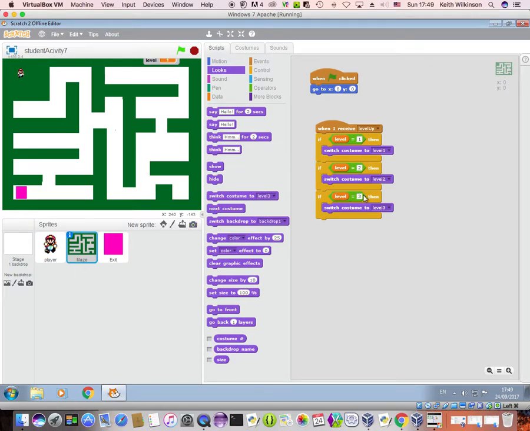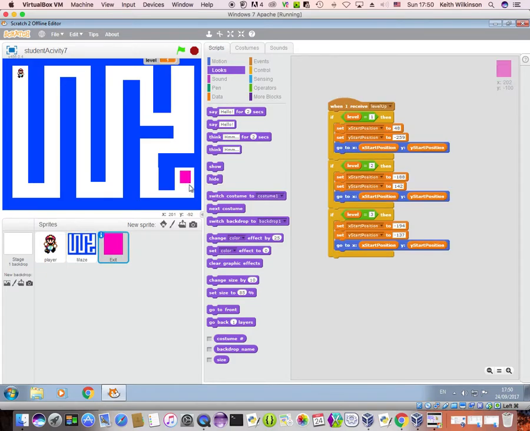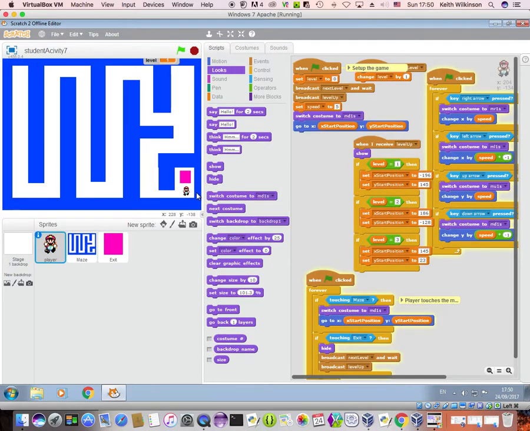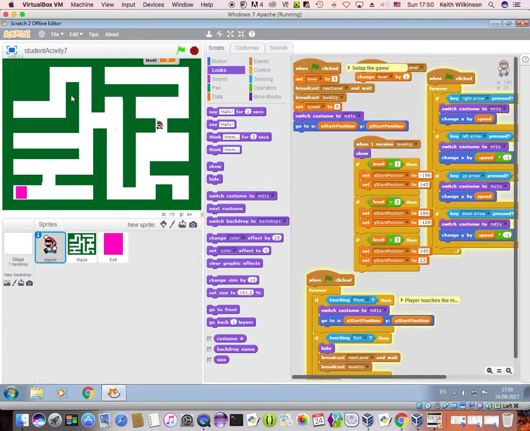So now I'm changing my maze each time I hear level up, and I'm changing the end block, and I'm changing the start location of Mario. So let's click the green flag. Seem to have an issue, that's not in the right place. I'll have a look at that shortly. But let's see what happens if I take my Mario and touch the block. There we go, we've got level 2. Take my Mario and touch the block, we've got level 3. Okay, so that's working apart from the initial